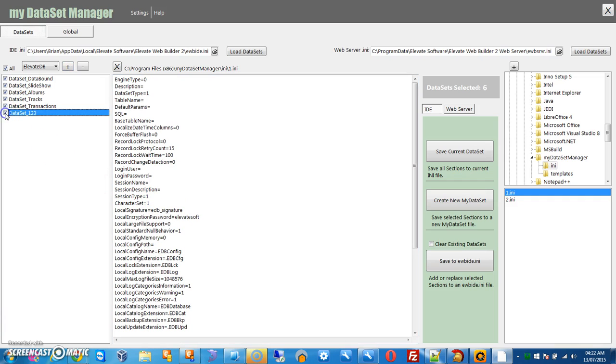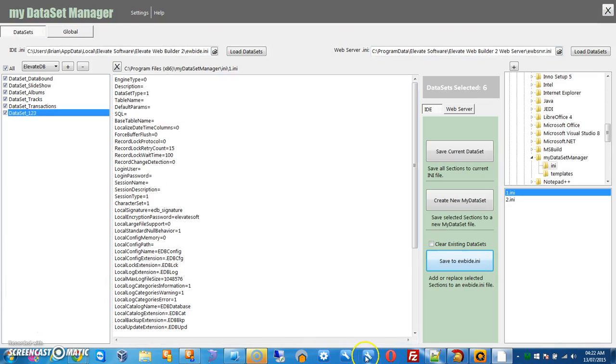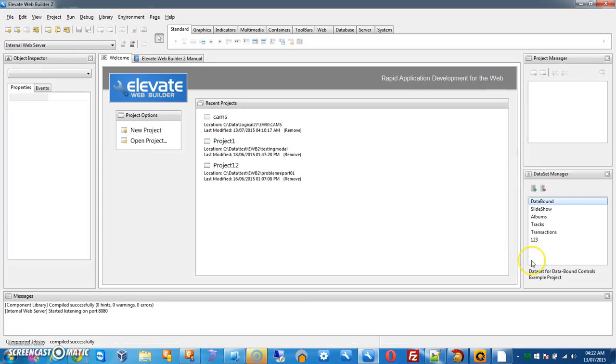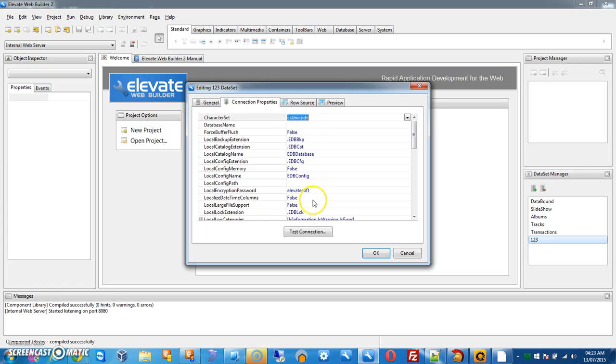So I would select, and then for this example I will save. Just to run through it quickly, of course you will then go in and make the necessary changes within it, but for now just create it, save it here. So it's saved. I'll come out again, of course. I'll reopen it, and there you go. I have it saved, Elevate DB with the name,